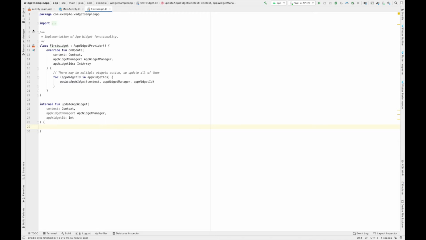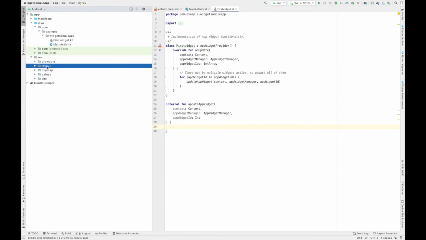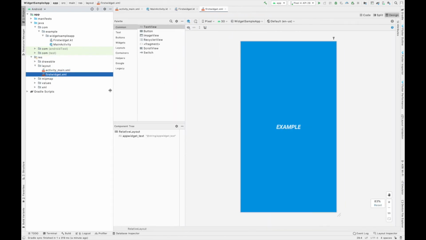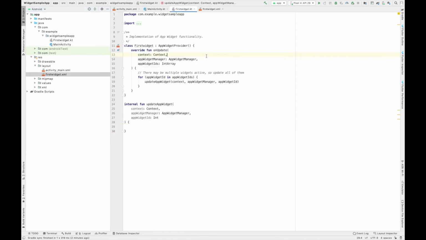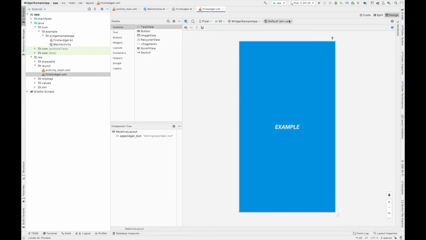If you go to the project and res layout, you can find your first widget.xml. This is the XML which is created by Android Studio. If you want to see how our widget looks, you can click on the run button.